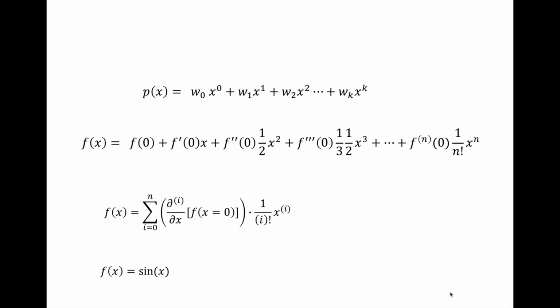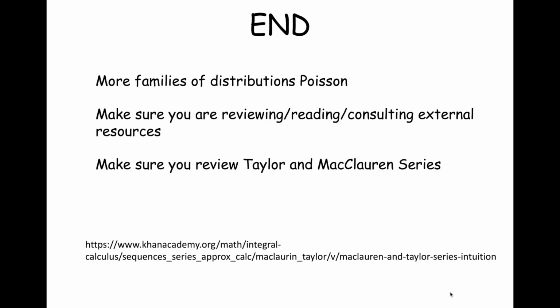All right. So there's our approximation, and the Maclaurin series is a way of approximating an arbitrary function, only you're taking your regular polynomial and replacing the coefficients with these peculiar coefficients prescribed by Maclaurin. And we can compute that for any function, and we can mechanize that computation by looking at the cycle time for the kth derivative of our function. So that's the end, and there's a URL there for Khan Academy. They do a fantastic job in talking about the Maclaurin series and the Taylor series. So please make sure you go through that and don't just go through it passively. Actually get a pencil and paper and sketch it yourself and convince yourself that it works.